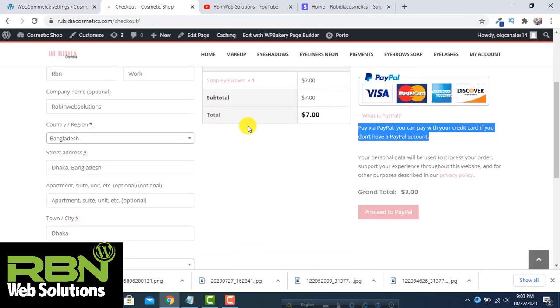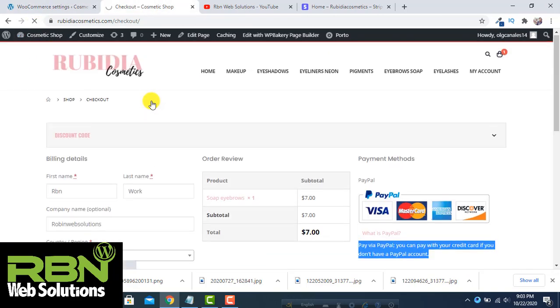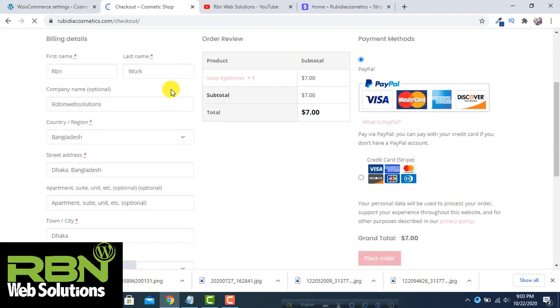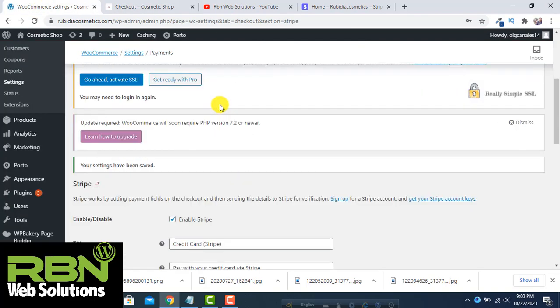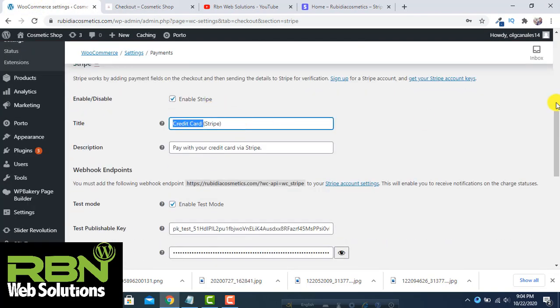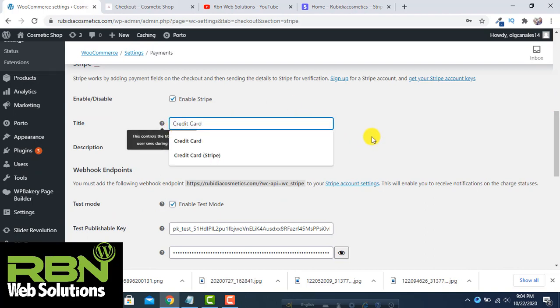Now if you reload this, then you should see the credit card option for payment. Yes, now you can see credit card here. Also have Stripe. If you want to change it, then you have to put the title here, just credit cards, or you can put any title.